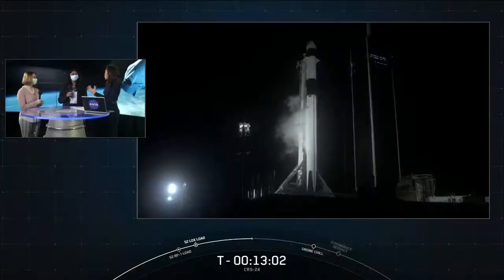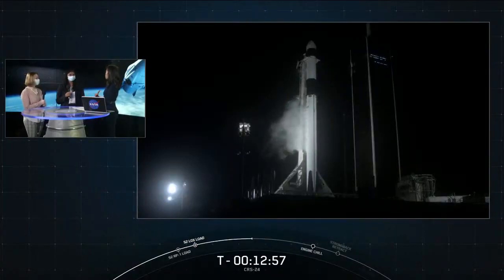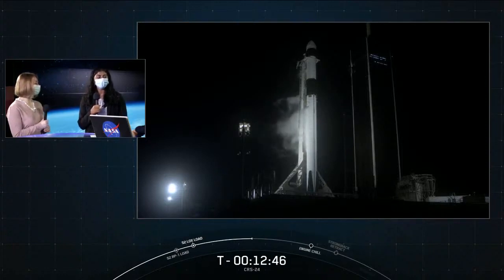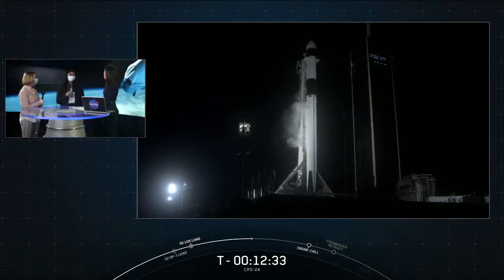Yeah, it sounds like both of your experiments have to do with studying how bacteria grows in space. Why is it that you guys wanted to hone in on that? Yes, so bacterial resistance is a real problem both in space and here on Earth. And so for us, it's important to study bacteria because for long-term future space flight, it's important that we keep astronauts safe and healthy. And even here on Earth, the World Health Organization has flagged antibiotic resistance as a really important challenge for us to solve. Right, yeah, and you hit the nail on the head, you know, as these missions get longer and longer when